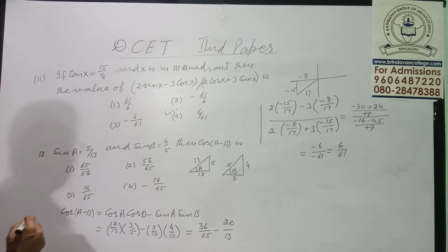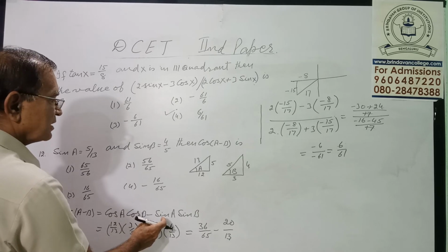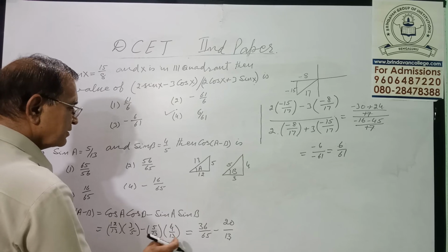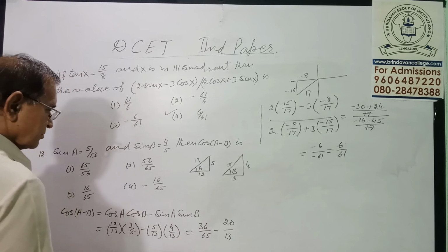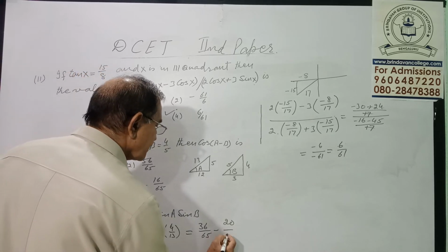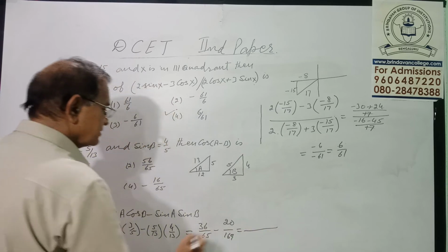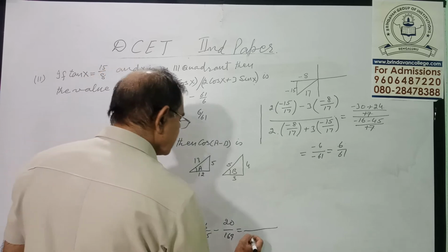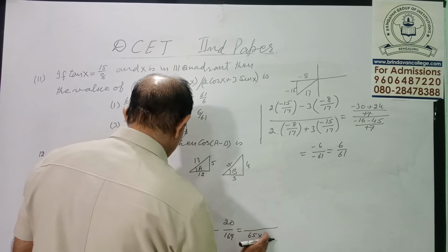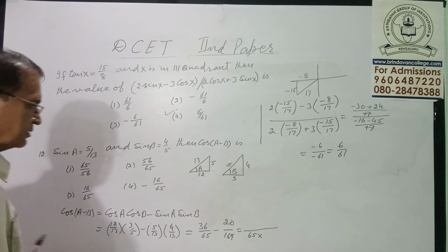So then here cos A cos B, then here it is sin A 5 by 13, then 4 by 5. Which will give us minus 20 by 13 into 5, 169. So we'll get LCM will come out to be here 65 into 13, so lengthy. Solve it in a different way. That is how you can solve it.